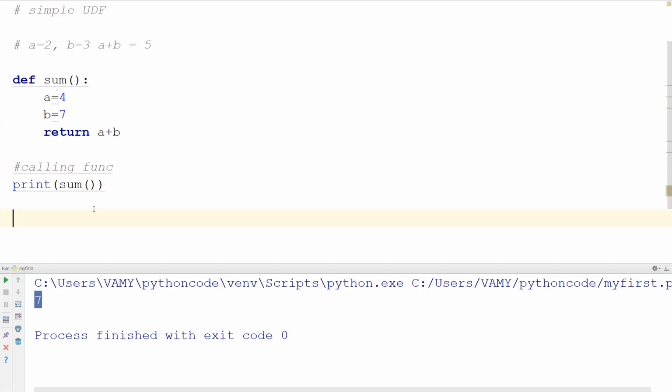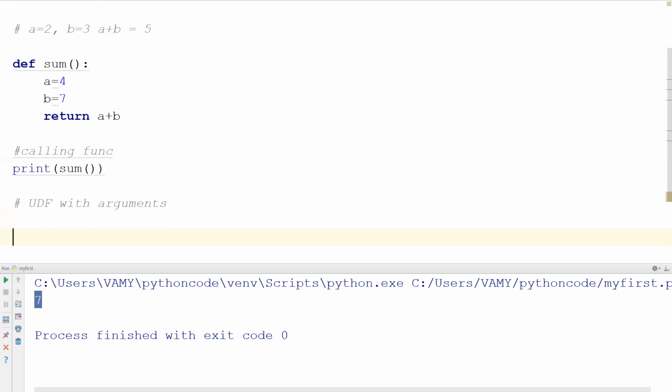So another variety of UDF is there, which we call a user defined function with arguments. So this with arguments is the one we can use. How to define this with arguments? Def, and my function name is new sum.